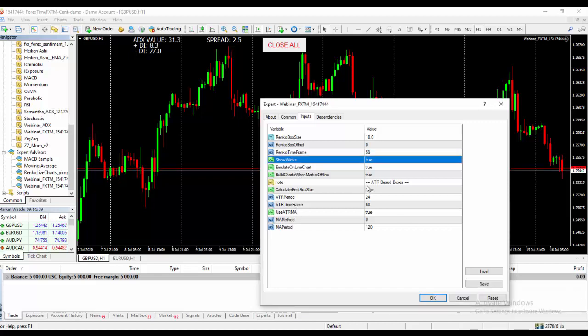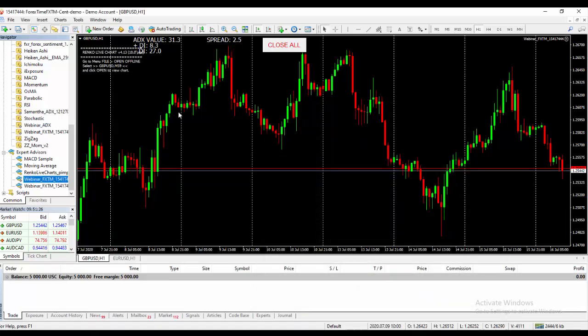Now, not ATR based boxes. We don't want ATR based boxes. I just put this when I was doing my test running about the ATR indicator. So just leave it as it is. Then what we do, we say okay. Now when we say okay,